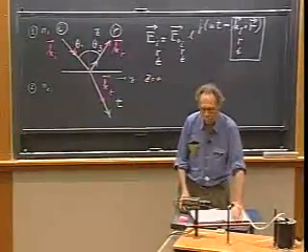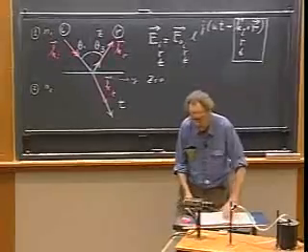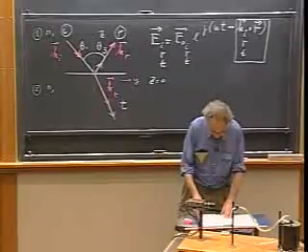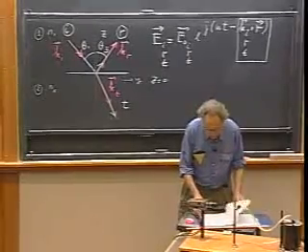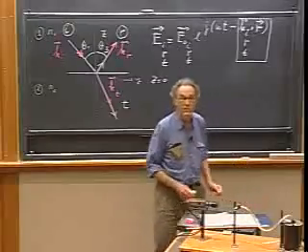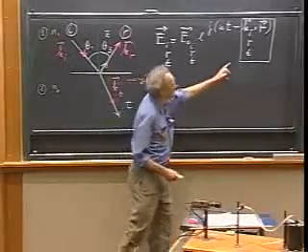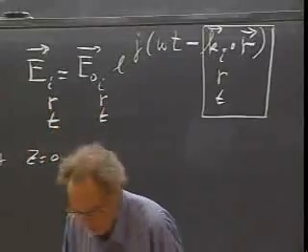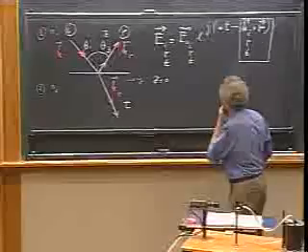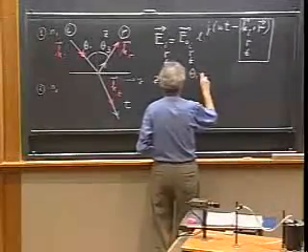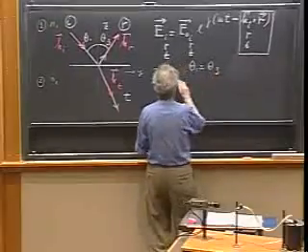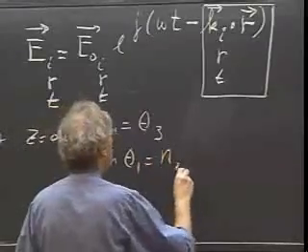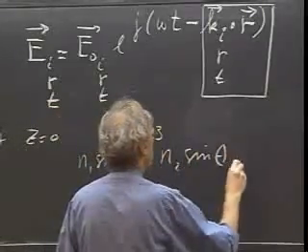If you massage this a little bit further, which is really not much more than high school algebra, but it is worked out in Beckefee and Barrett. It is the consequence of the fact that these three dot products are the same at z equals 0. On page 472, this is worked out in great detail. You will find then that theta 1 is theta 3, and that n1 times the sine of theta 1 becomes n2 times the sine of theta 2.